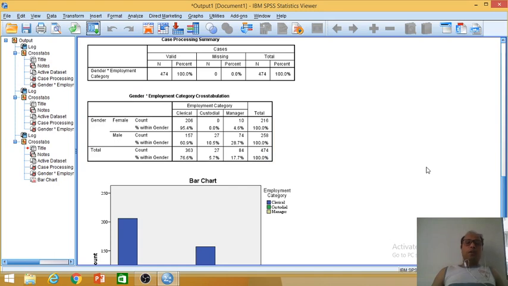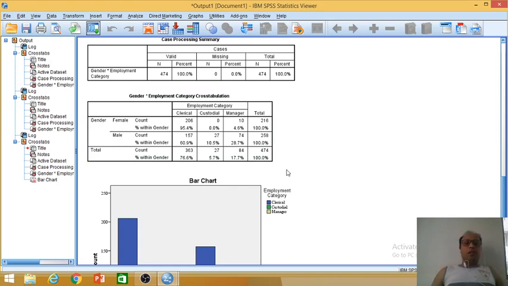Now I want to check whether this is just because of sampling error or whether this gender bias is there in the population. So we frame a hypothesis here, and as we said, our null hypothesis is gender and employment category are independent. So if we accept this null hypothesis, we arrive at a conclusion that there is no gender bias, and this difference in the numbers visible in the sample is due to sampling error.